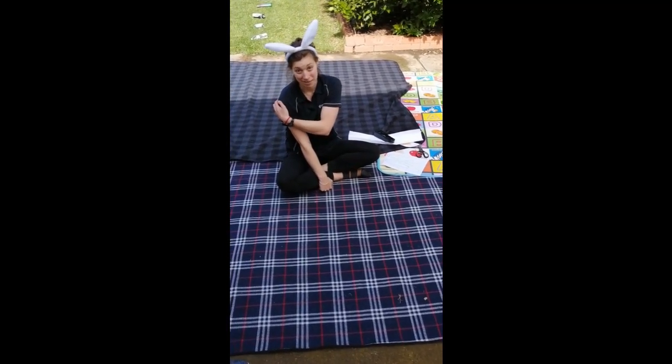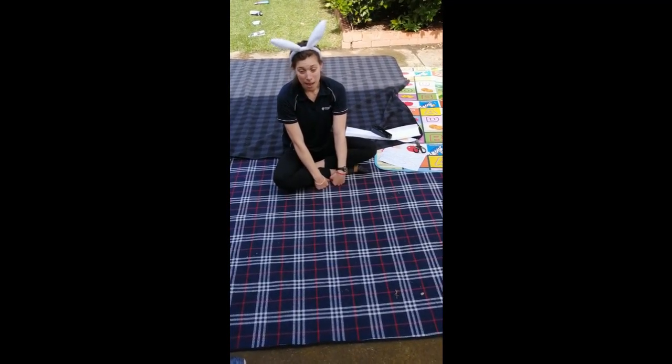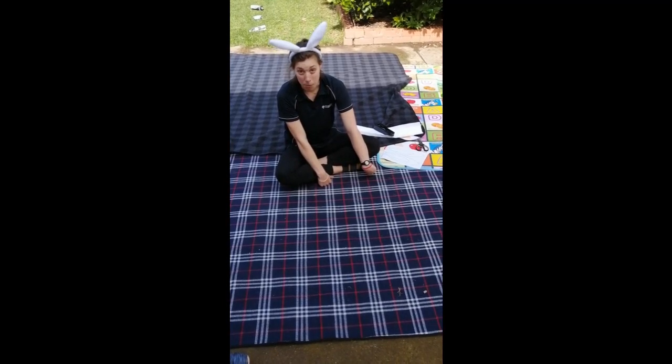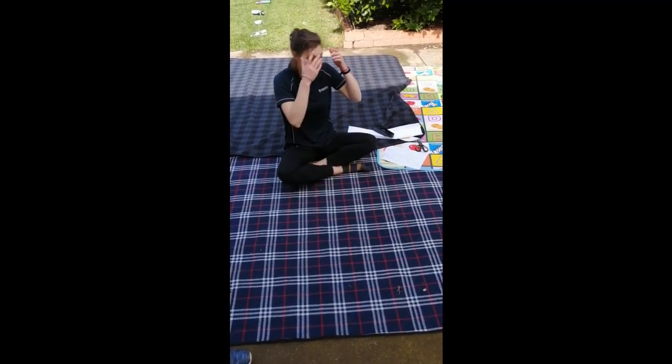Who's ready to join in this activity? Now we might need some adults and mums and dads to help us with this one. So if you're allowed to use scissors on your own, you can do it on your own. Otherwise, you might want to ask them for help. So we can make our very own Easter eggs. Okay? Now,